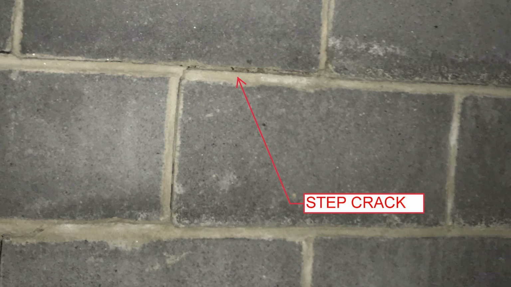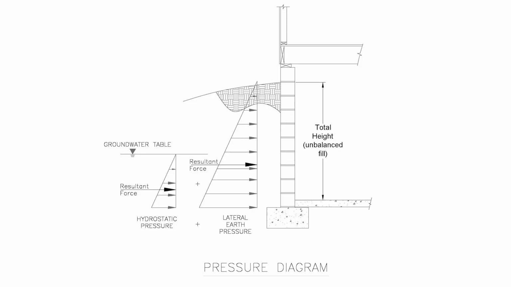Diagonal or step cracks in a block wall are usually at the corners of buildings and a sign of differential settlement. If the crack width is minimal, there is no lateral or inward push of the wall, it's typically not a major concern. Now, horizontal cracks can be caused by lateral earth pressure and exacerbated by hydrostatic pressure from groundwater